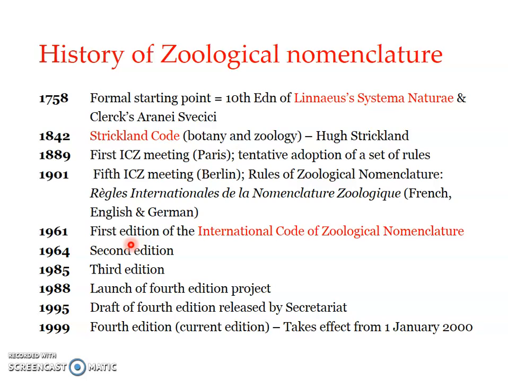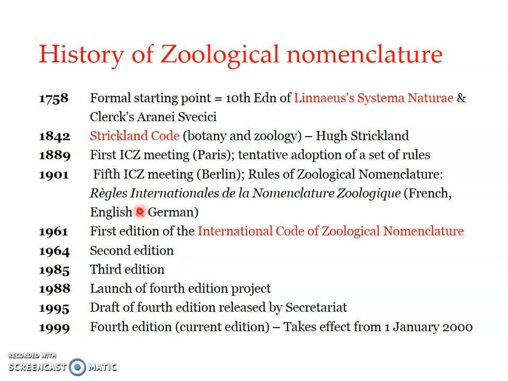A decision was taken to transfer responsibility for the future codes, that is, the code of zoological nomenclature, and the commission from the International Zoological Congresses to the International Union of Biological Sciences. Okay, so there was a shift of responsibility from the International Zoological Congress to the International Union of Biological Sciences, or IUBS. Responsibility for the code and commission was accepted by IUBS at the 18th